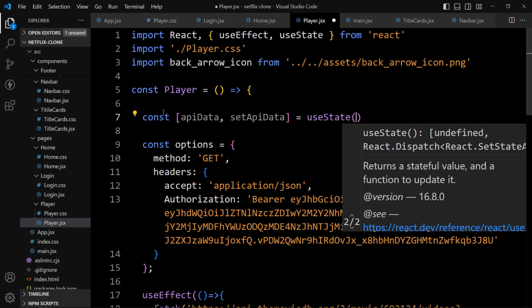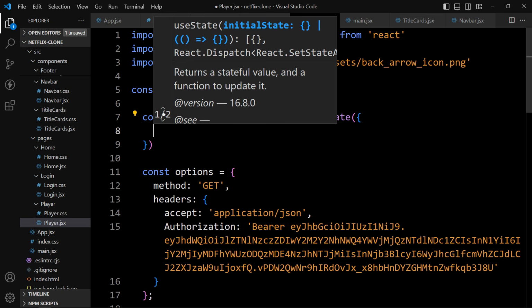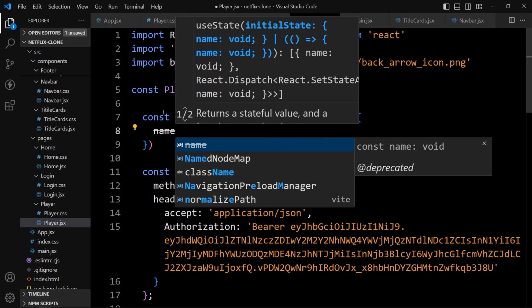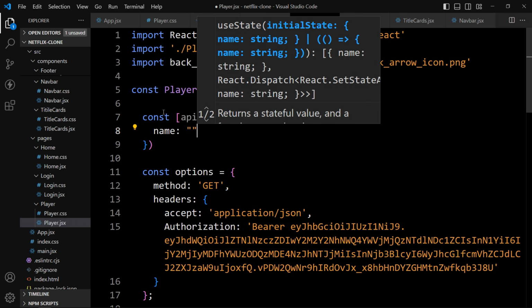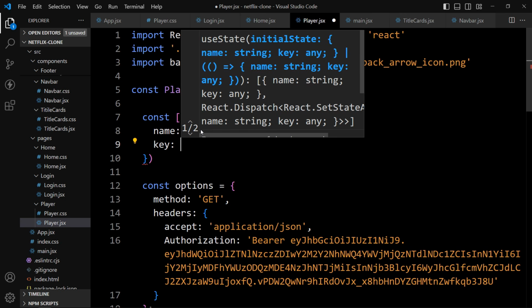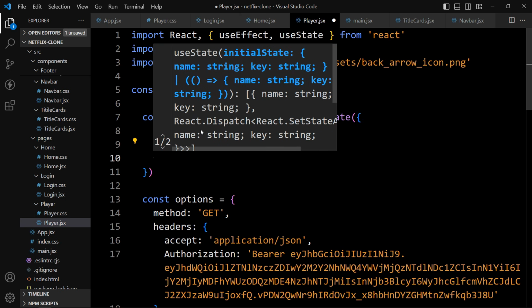and here we will initialize the value. So let's add the curly braces. So it will be one object with some keys, that will be name, it will be empty string, then we need the key, it is also empty. Then we will add the publishedAt.